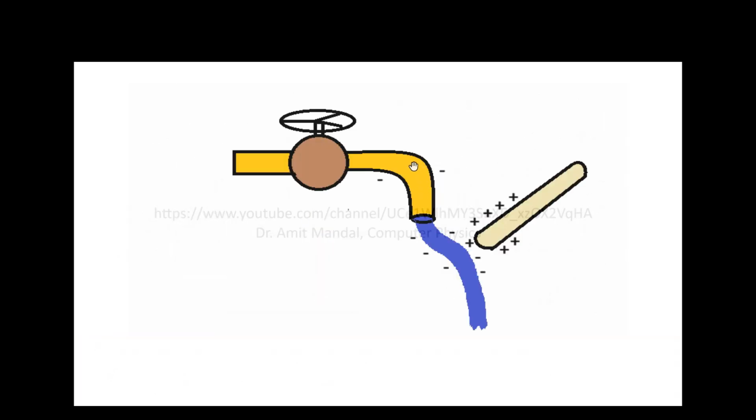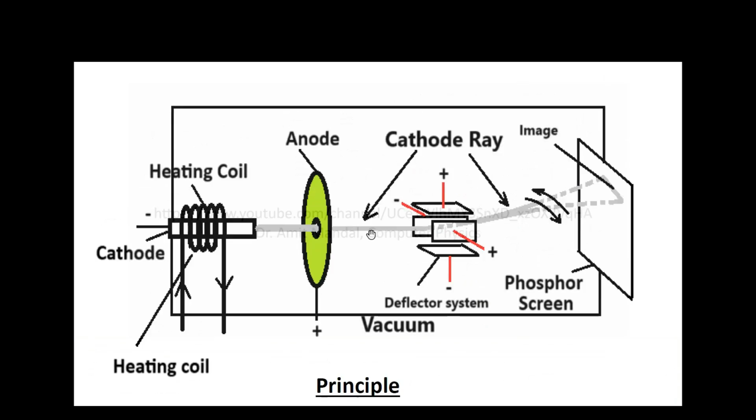See, if there is a negative tap, and water is coming out which is negatively charged, in case a positively charged solid rod is brought closer to that flowing water, the flow of water will be deflected, the path is deflected. By default, the water will fall straight in a downward direction. In case we are doing this activity, meaning positive charge is brought to negatively charged flowing water, the path is deflected. Same here, when the cathode ray will pass through,